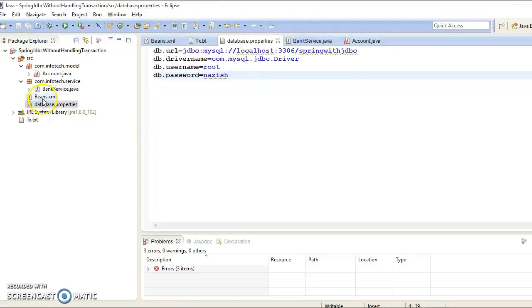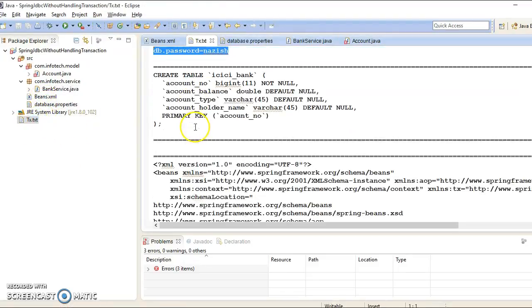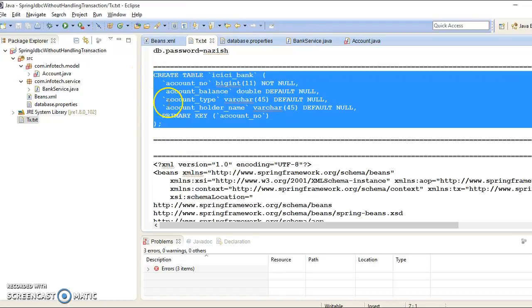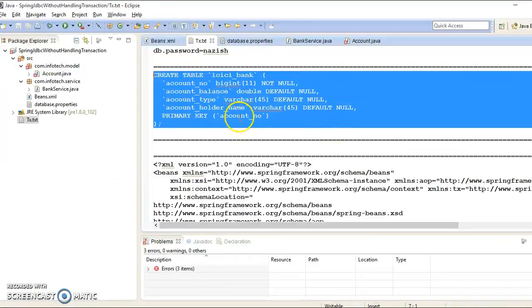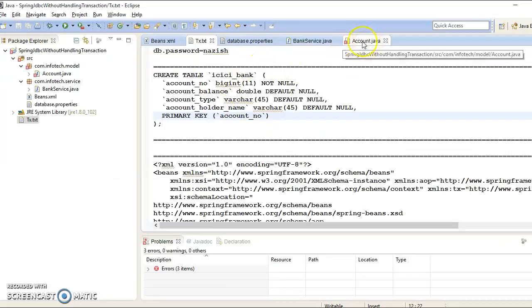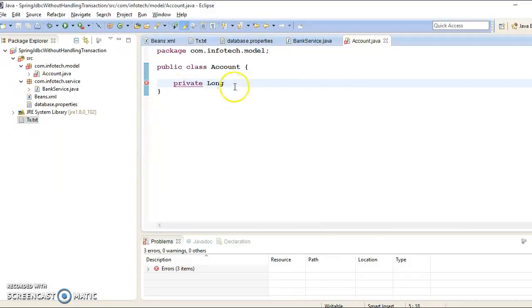In my database, basically, I'm not going to create a table, that is already created over here. So this table ICICI_bank contains 4 columns: account number, account balance, account type, and account holder name. So I'm going to create some properties like